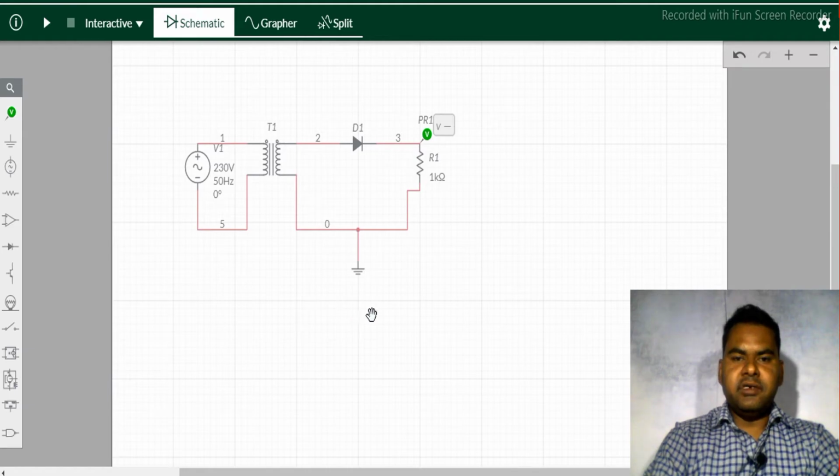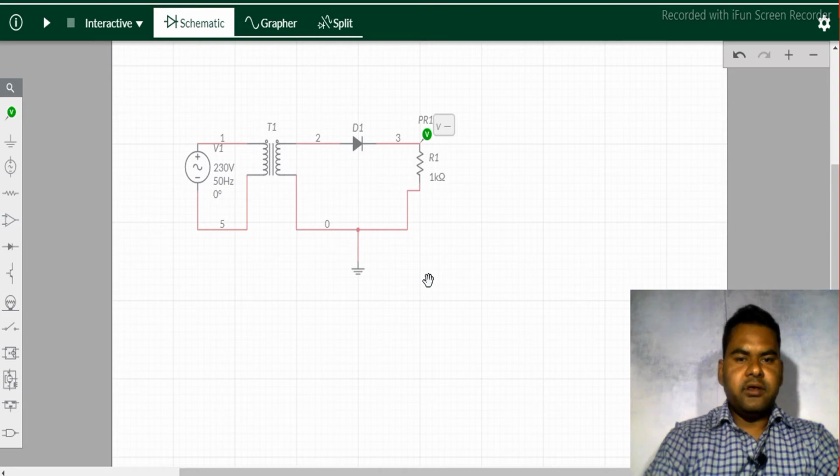So without a filter, the output of this circuit will be a pulsating DC, and in this output voltage there will also be an AC component, which is called the ripple factor.